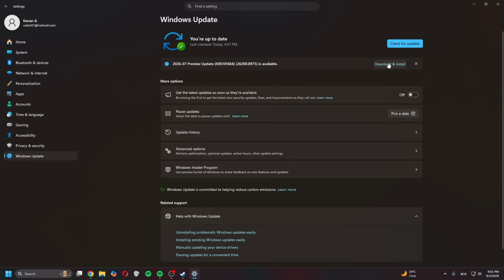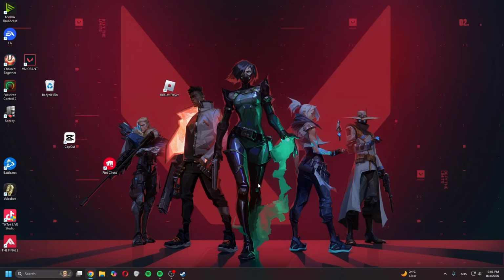Now click here. If you don't see "download and install," you want to click here, check for updates, and it will scan for the latest Windows updates. And once it finds them, you want to install them and restart your PC to apply the changes. After you apply the changes and install the latest Windows update, you want to relaunch the game and see if